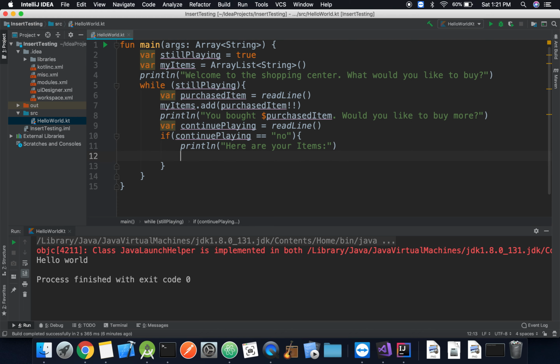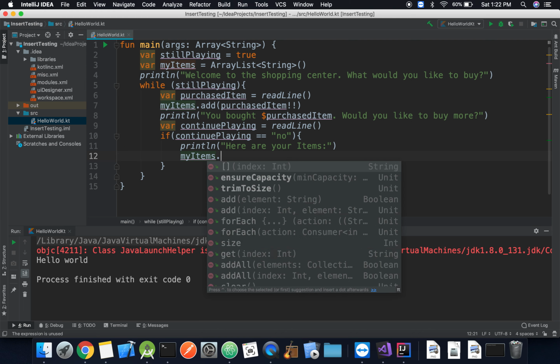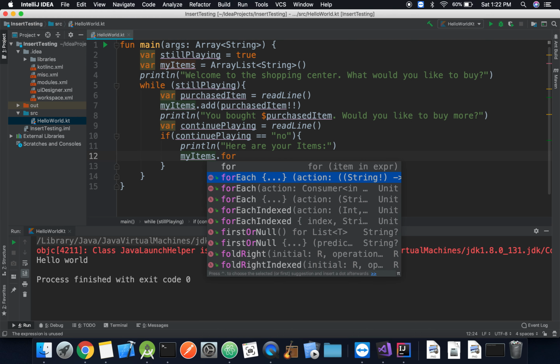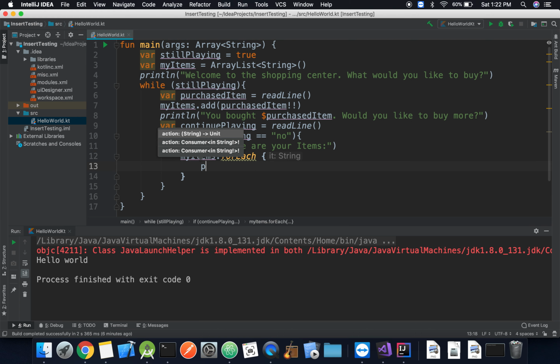And in the next line, we need to display each item in our array. So how would we do this? Well, based on the last video, we can just say my items. And since we're only just looking at each item, we're not doing anything crazy, so the best one, in my opinion, would be to use for each, and we can just say